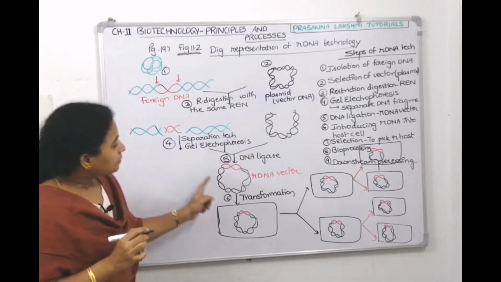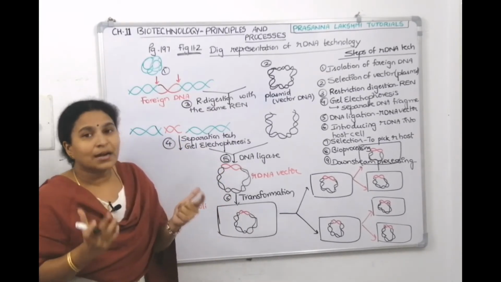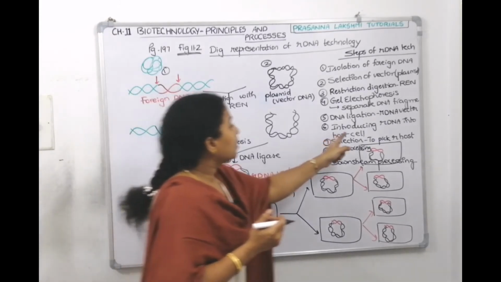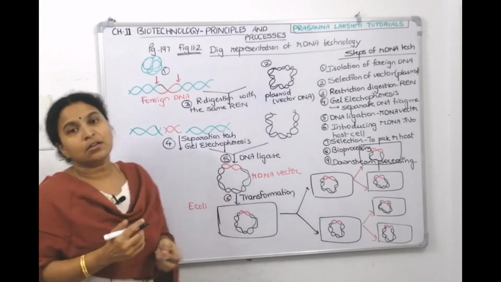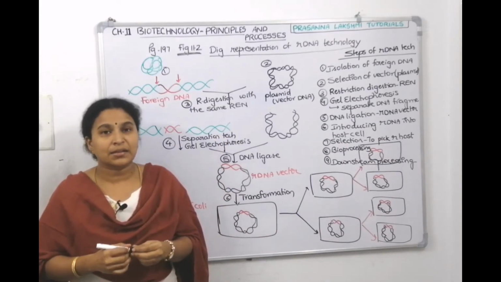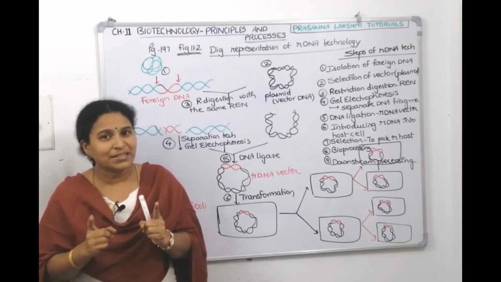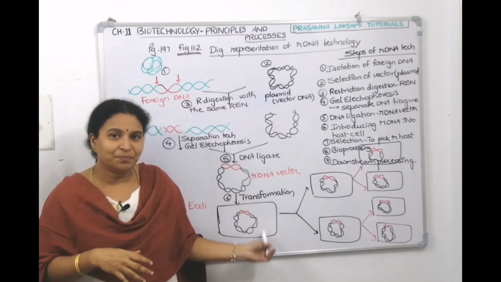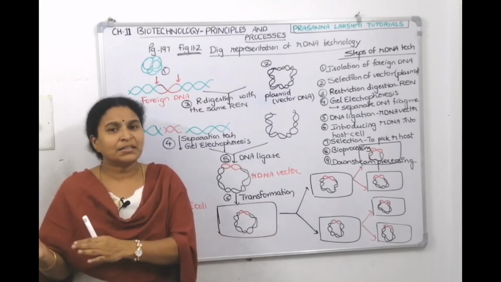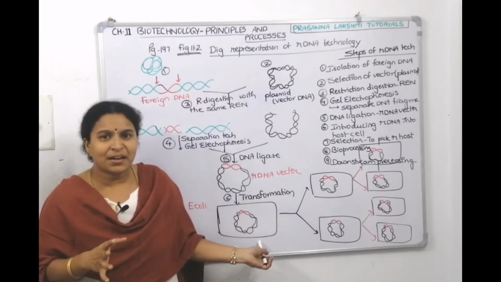After that, the recombinant DNA vector is sent into the host. What is that called? Transformation. That is the sixth step, introducing the rDNA into the host cell. When you send it into the host, it is like me taking a class: some students will attend the class, some will not. Similarly, some bacteria will participate in transformation and take the rDNA.